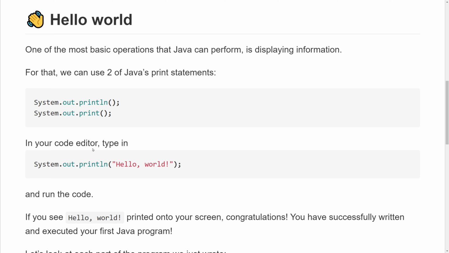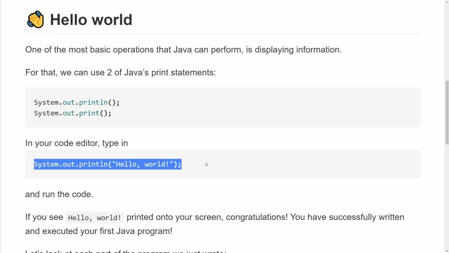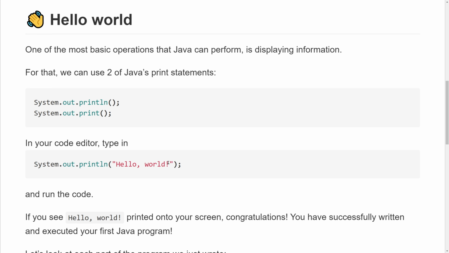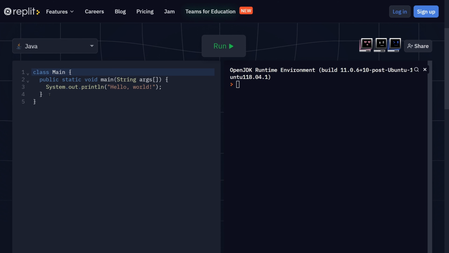In your code editor, let's type in this line right here, System.out.println("Hello world"). Right now, in our editor, we already have this as part of our starting program. So let's delete this and type it out ourselves so we can better remember this line. So we want to write